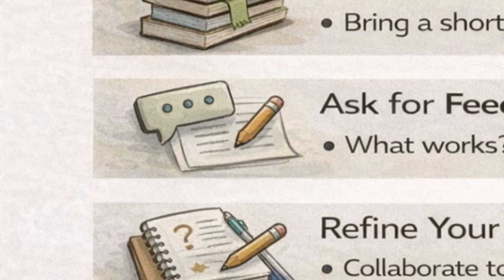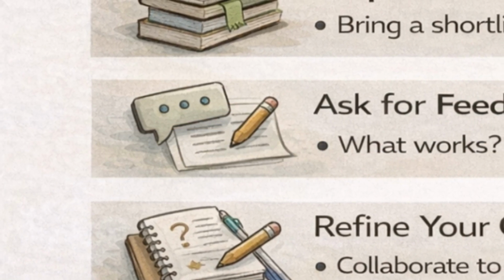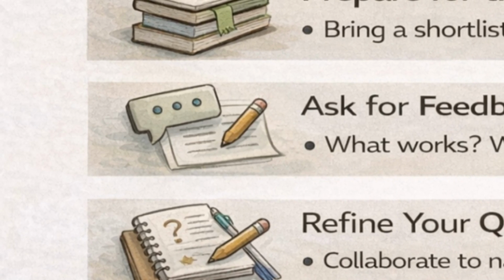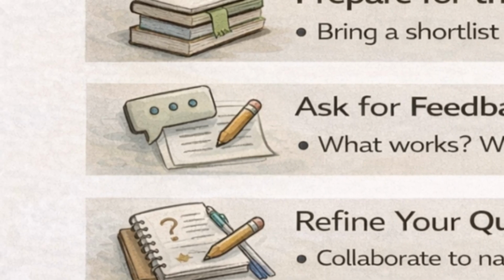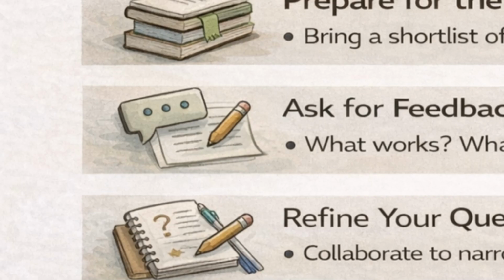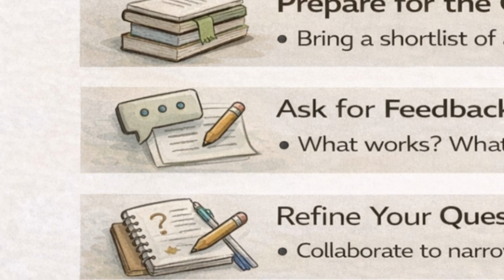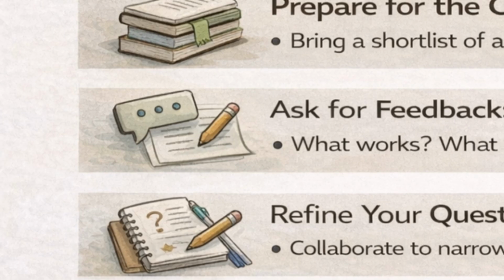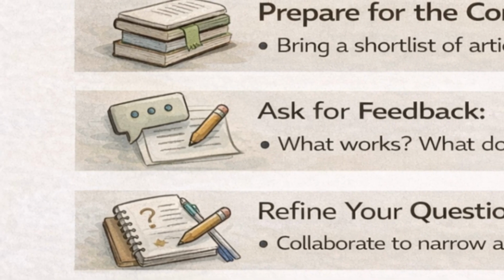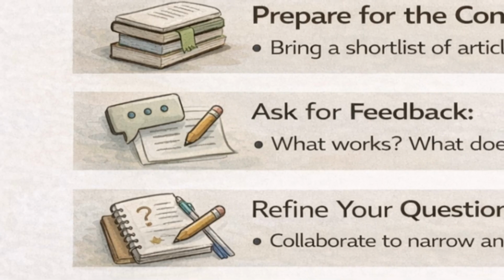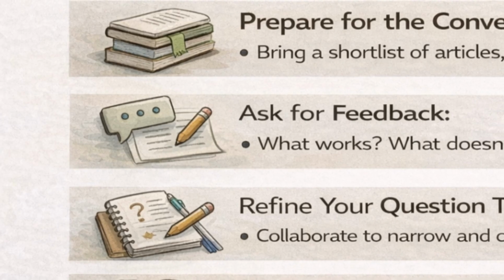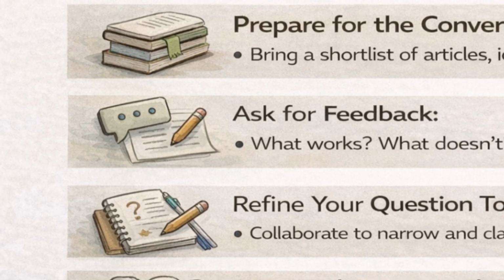Refine your question. Together, supervisors can help narrow a broad idea into a doable research question. Maybe your initial gap is still too broad. They might help you slice it into a specific question that fits a PhD's scope. For example, you propose studying climate impact on farming techniques in 3 countries. Your supervisor, knowing the depth needed, might suggest focusing on just one country or a comparative study of 2 as a compromise. They might also help align the topic with methodology.